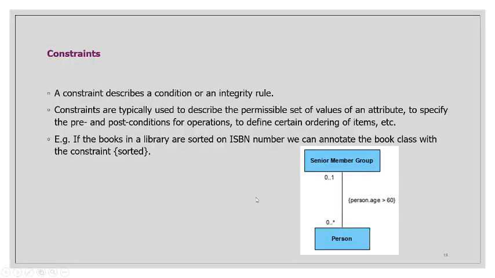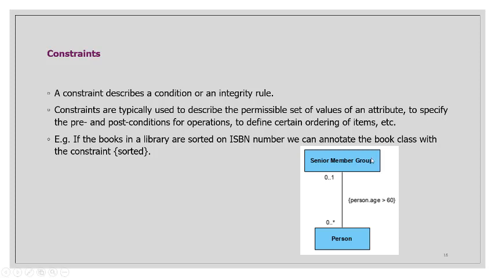A constraint describes a condition or an integrity rule, and constraints are typically used to describe the permissible set of values of an attribute, to specify the pre and post conditions for operations, to define certain ordering of items. For example, to denote that the books in a library are sorted on ISBN number, we can annotate the book